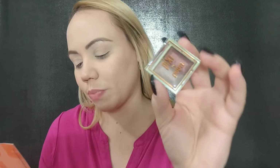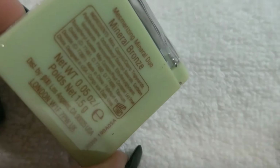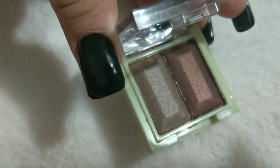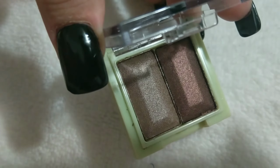Pixie, and this is really cute. It's the Pixie by Petra Mesmerizing Mineral Duo in Mineral Bronze. And when I read this, I really thought that it was a bronzer. I don't know why, but it's not. It's an eyeshadow duo. It says, time is precious, and no one knows that better than Pixie by Petra's founder, a